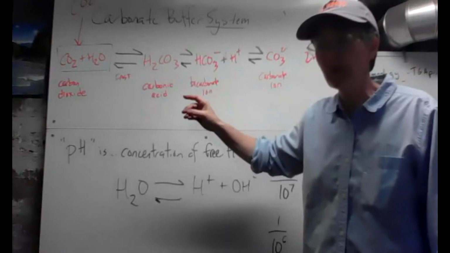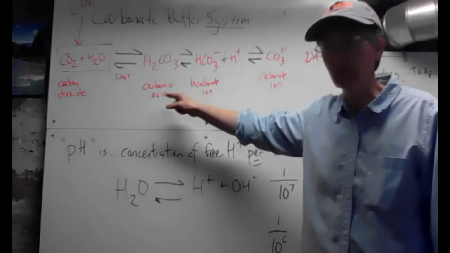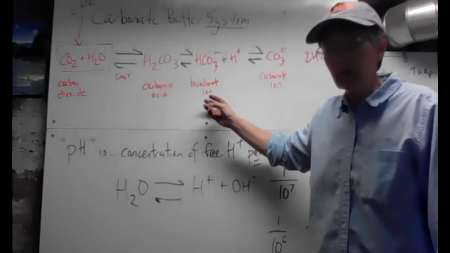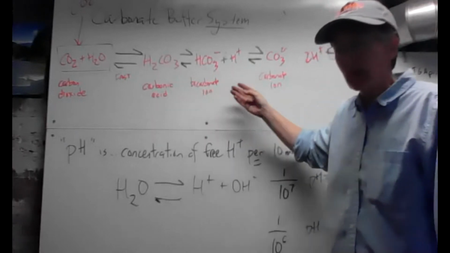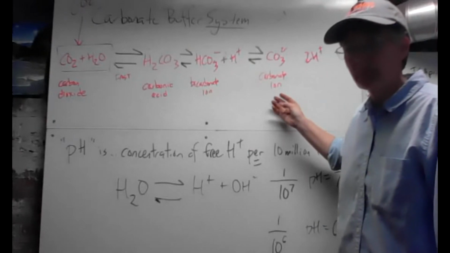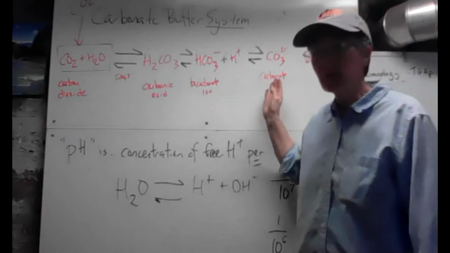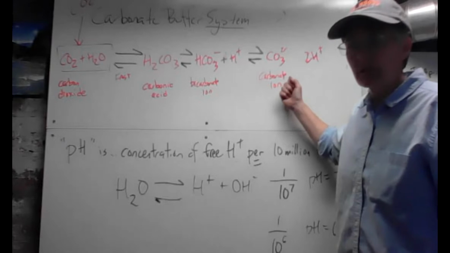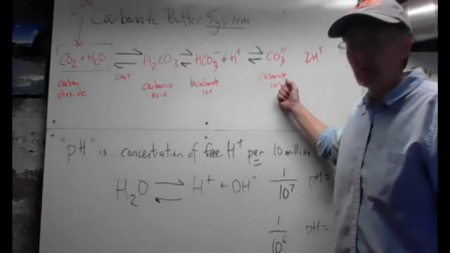So a very low pH lake is going to be dominated by carbonic acid. A neutral lake will be dominated by bicarb ions. And a high pH lake is going to be dominated by carbonate ions. In any of these conditions, like if you added an acid to a lake in this state, then you could